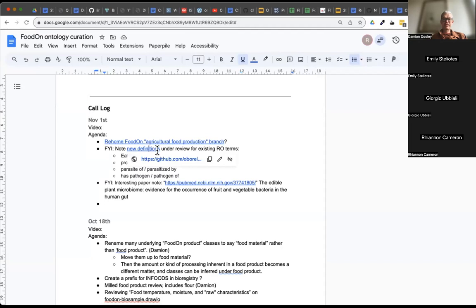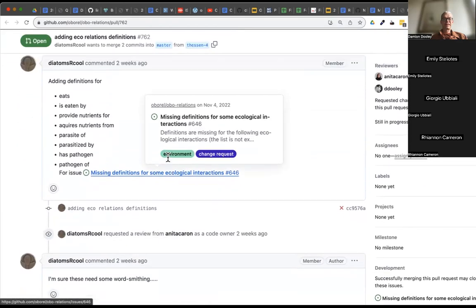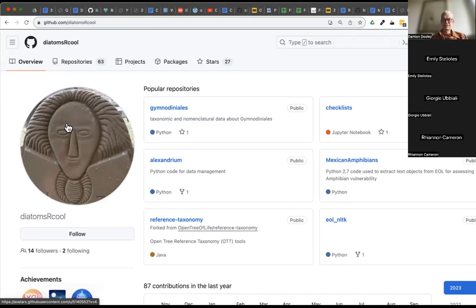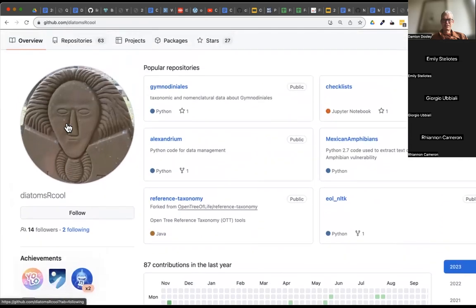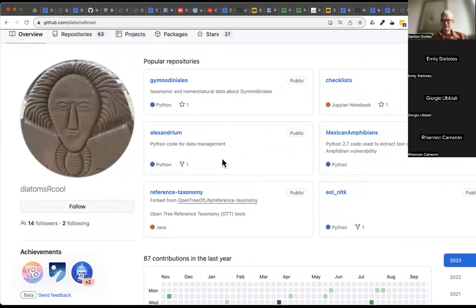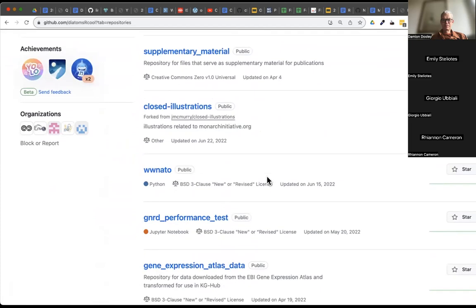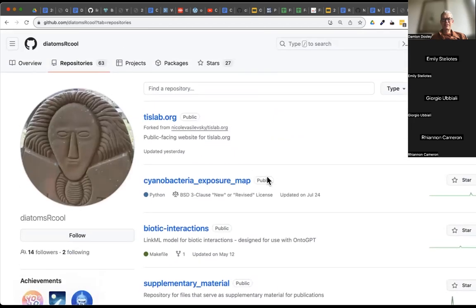And then I just spotted that in RO, somebody's going through the effort of adding these new definitions for food terms. And I can't remember if diatoms are cool. It's actually Pierre, or who? Somebody else? She comes to our meetings. Yeah, I don't know. Anyway,